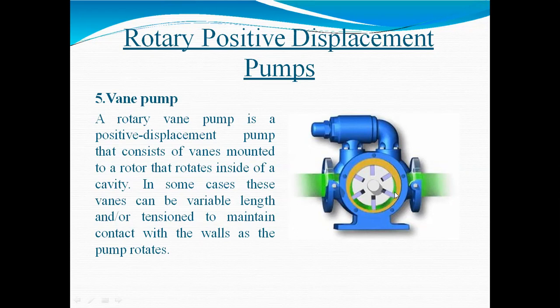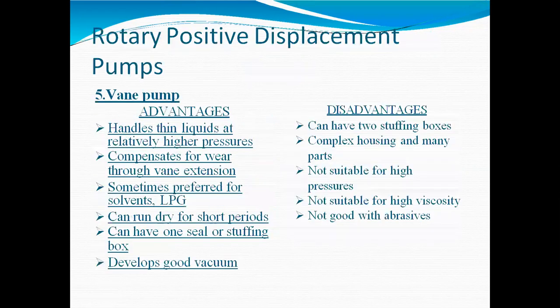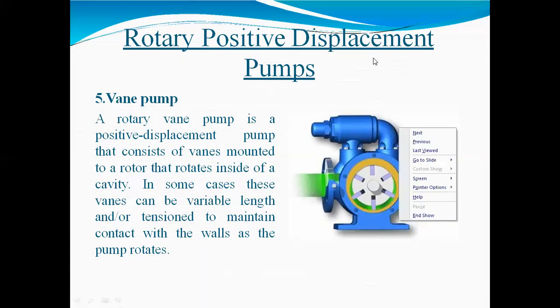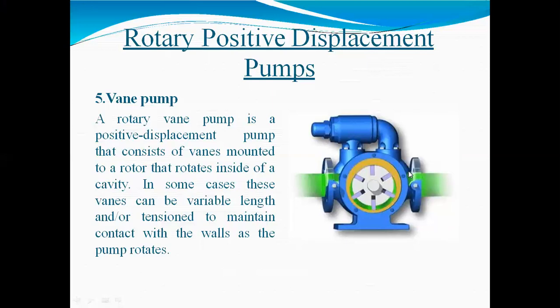Once it comes towards the discharge port, see, the space between those two vanes is reduced at the discharge point. The volume goes on decreasing so that your pressure increases. From that we can achieve the proper amount of pressurized oil. Again, your vane pump can be classified into 4 categories.